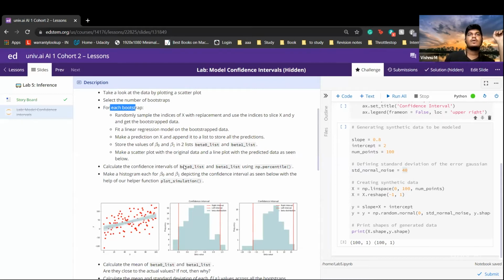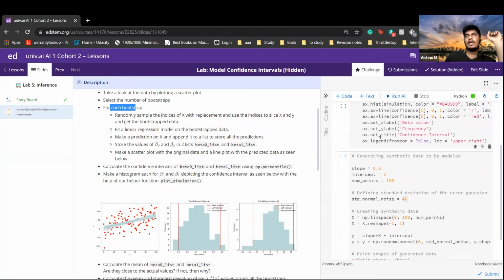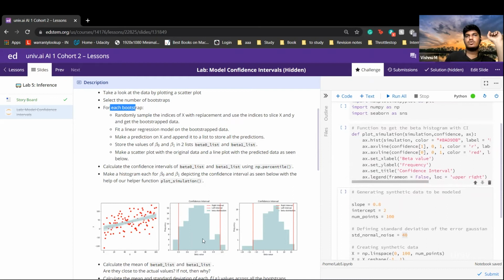Okay. Then you're going to take the confidence interval. You have to plot the beta naught values and the beta 1 values, and you have to plot the confidence intervals for them. For these particular plots, we have given you a helper function. So you can use this to make these plots. You just have to pass in the beta 0 list or the beta 1 list and the confidence interval for them, right?